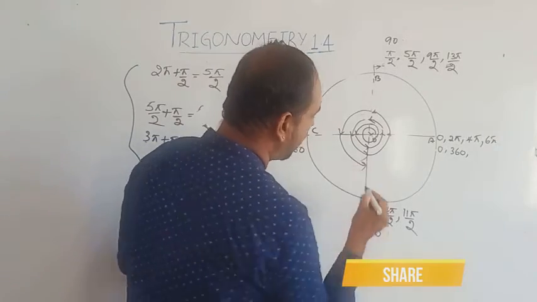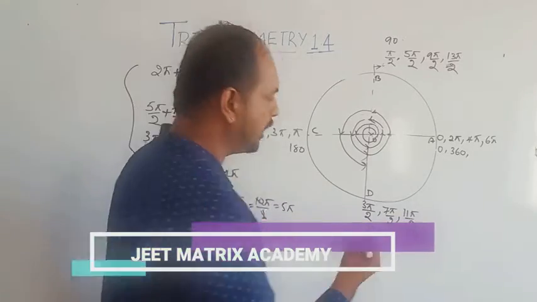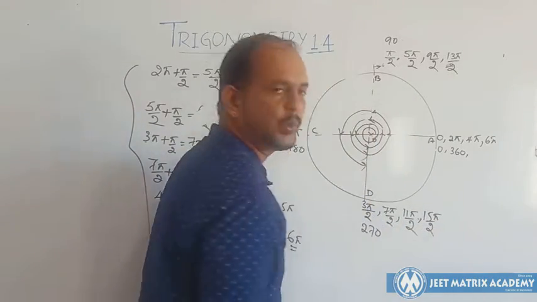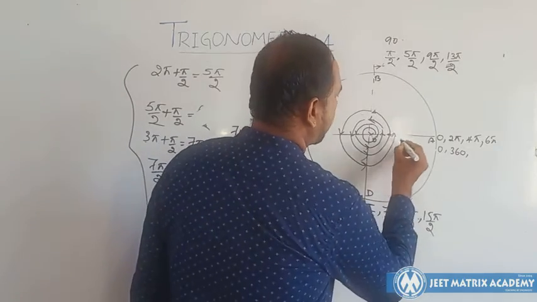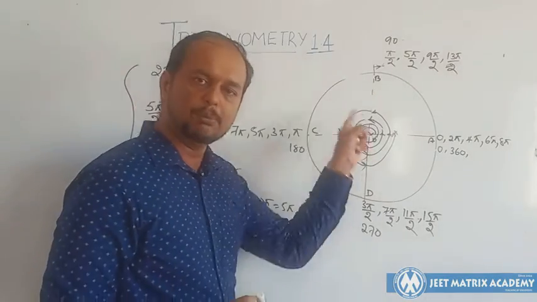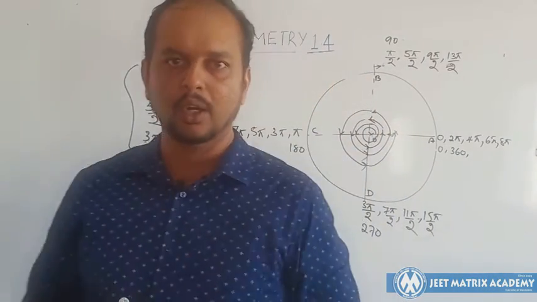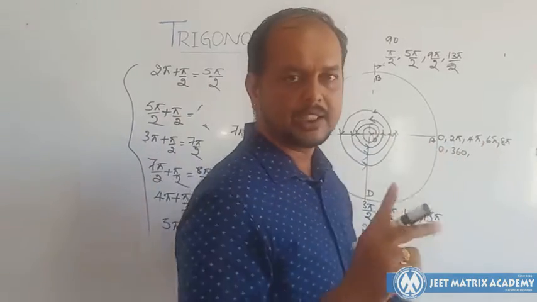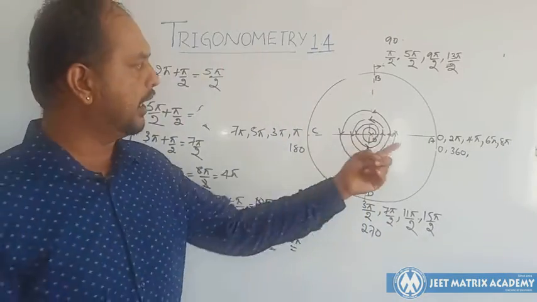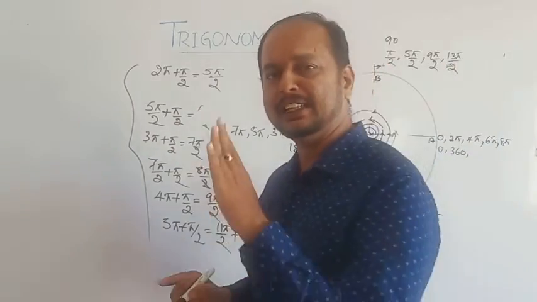Now here again 3 plus 4 is 7, 7 plus 4 is 11, 11 plus 4 is 15 pi by 2. Again moving here, it is 6 pi, now 8 pi. So as the angle keeps moving around the wheel, it will jump in a fixed fashion. One is at OA, it will jump in even multiples of pi: 0, 2 pi, 4 pi, 6 pi. Right opposite to that, at C position, it will be pi, 3 pi, 5 pi, 7 pi, 9 pi.